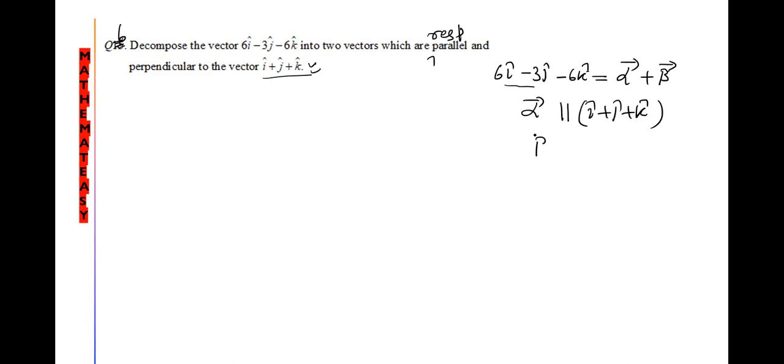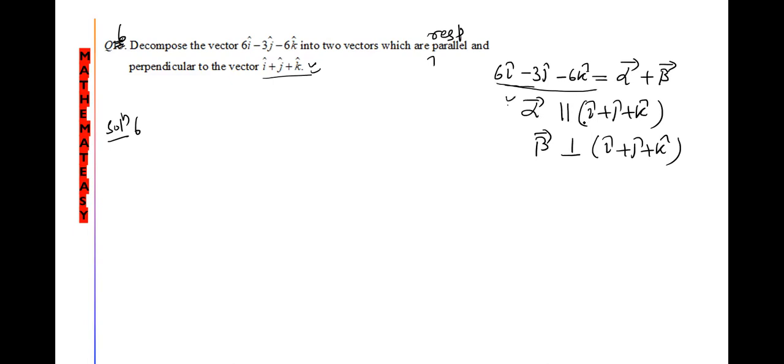Beta is perpendicular to i vector plus j vector plus k vector. Okay, so this is the simple way to understand the question. So solution 6. Yeah, so when we take this vector, the given vector is alpha plus beta,